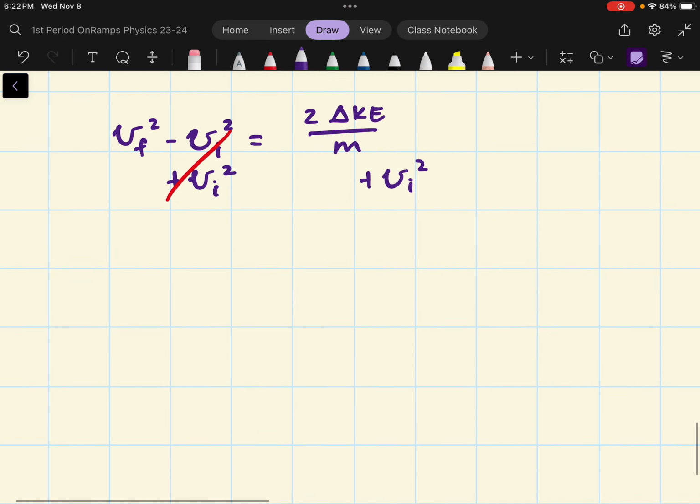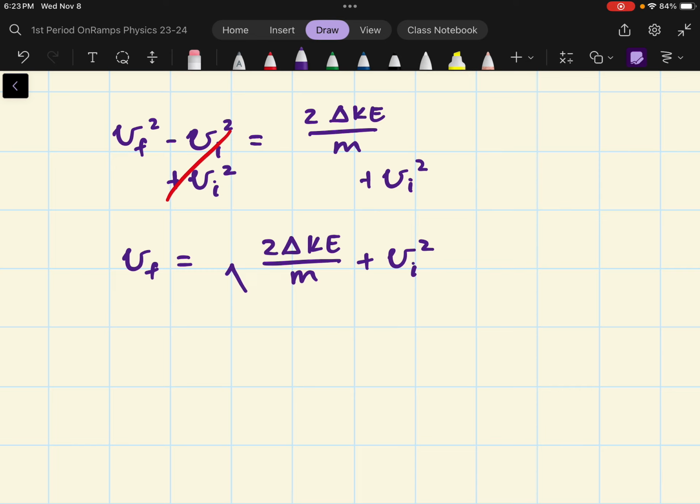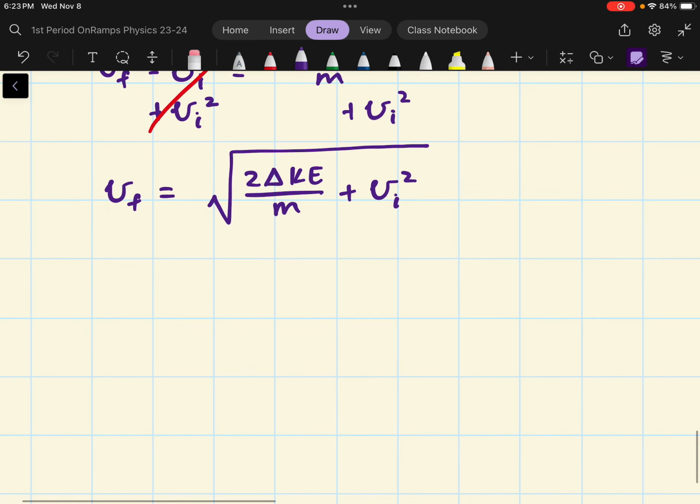And then to get rid of this square, I'm going to have to take the square root. I'll do the square root at the end. The velocity final is equal to twice the change in kinetic energy divided by the mass plus initial velocity squared, and all that inside the square root. Just like that. So when I plug in my numbers, I'll get